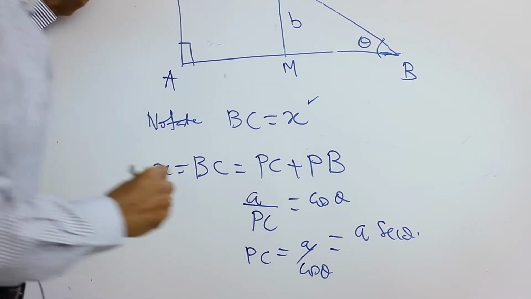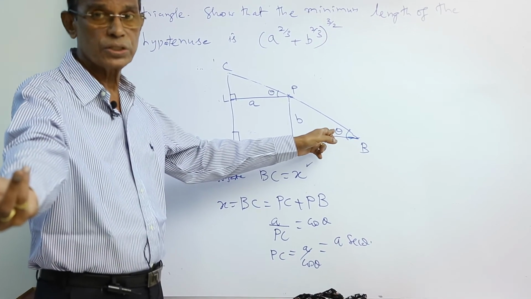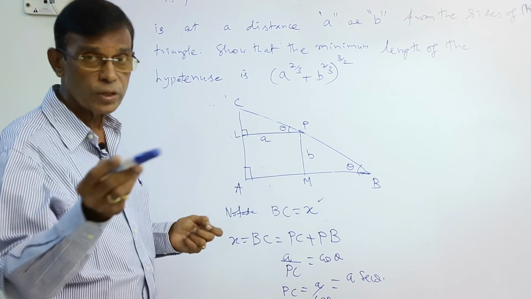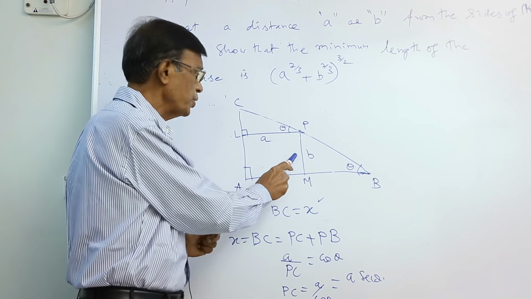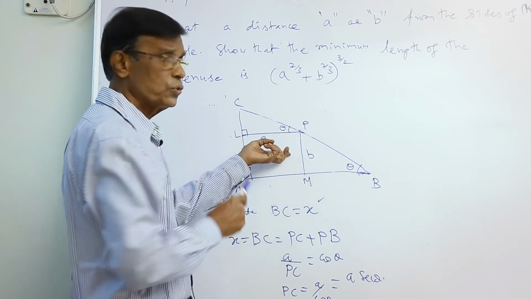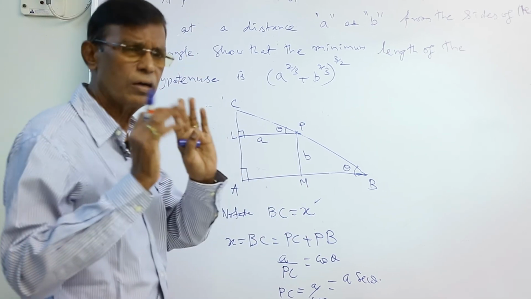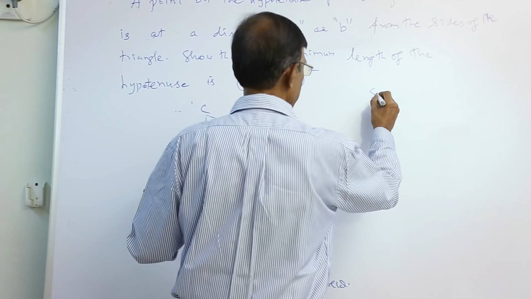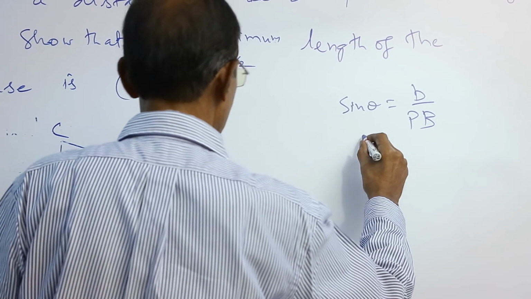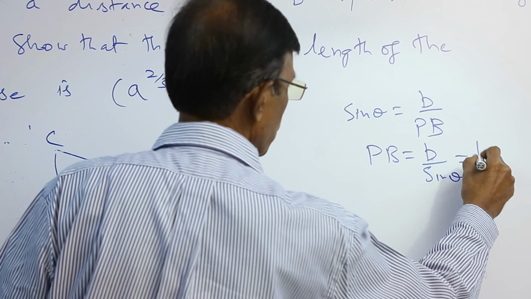And then again you ask him, can you calculate PB? Same, one of the students will be able to tell you, but he will not go to cos theta. You can tell them, you can kindle this interest. See, here it is the opposite side, there it was the adjacent side. Here opposite side and then hypotenuse, what type of trigonometric ratio will you use? Then naturally, all the students will tell you, that is your sin theta, equal to B by PB, or your PB equal to B by sin theta, that is equal to B cosecant theta.